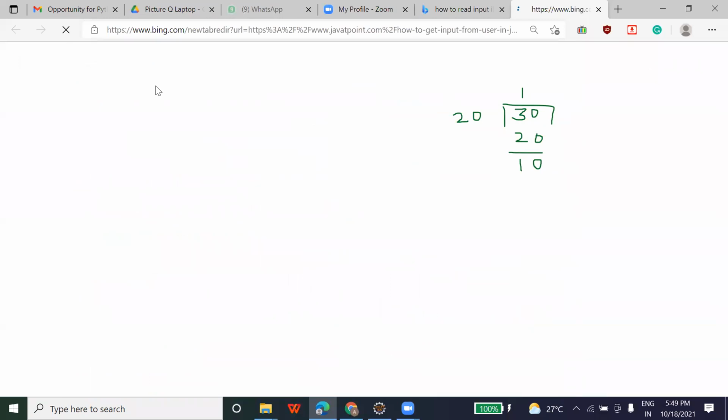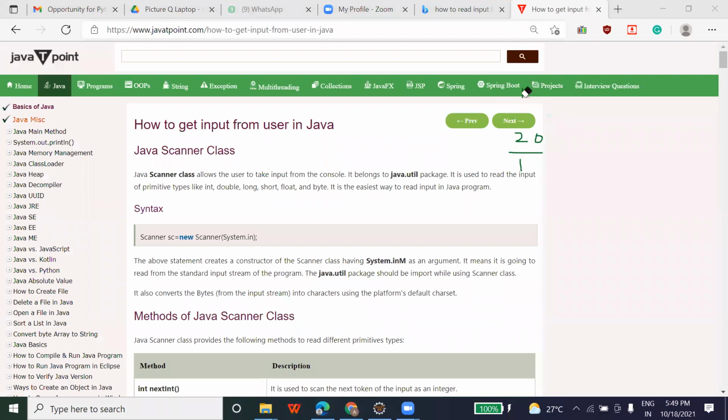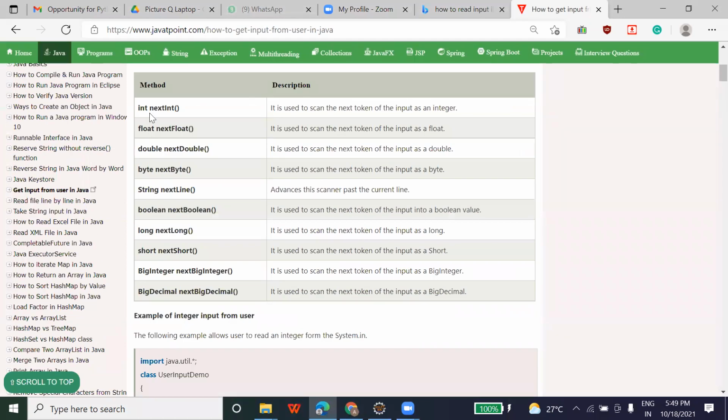Here you can see next int, next float, next double, next byte. For string, it will be next line or next.